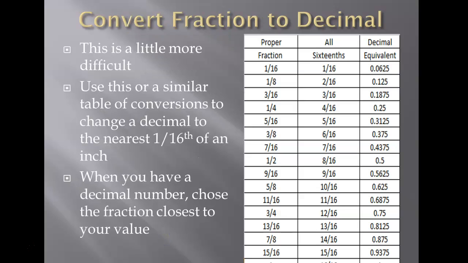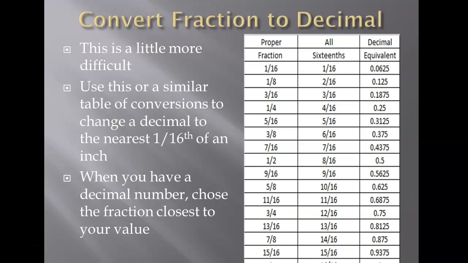However, converting a decimal to a fraction is a little bit more complex. Because in this course, I'm asking you to identify fractions to the nearest 16th of an inch, and because it's a little more complex to convert decimals to an exact fraction,